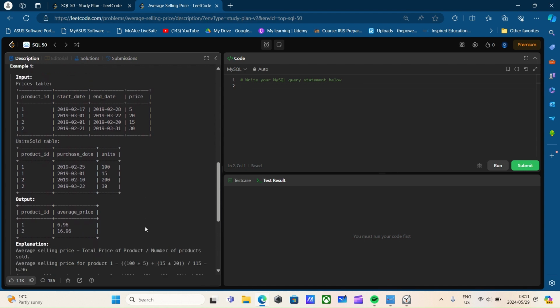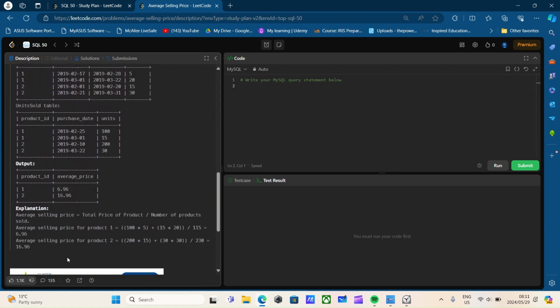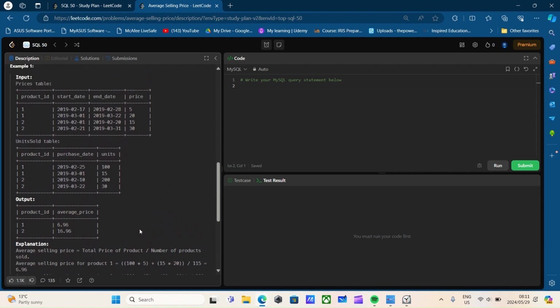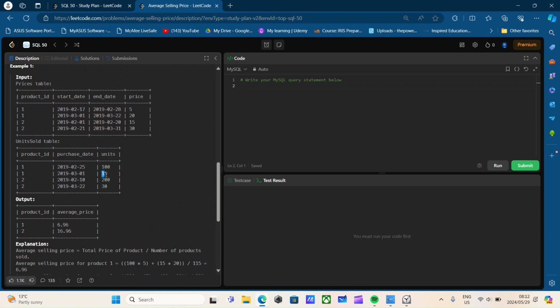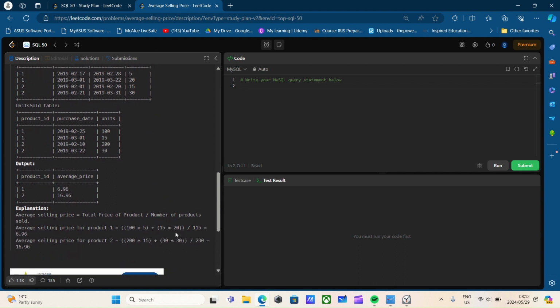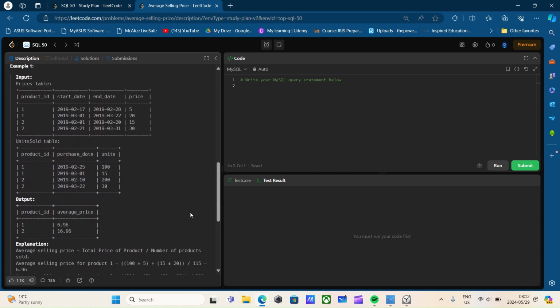Alright, let's see. So we have an explanation that says average selling price of product 1 is 100 times 5, which is, let's see, here we go, 100. So product 1, 100, which would have been for the price 5, plus 15 times 20 makes sense, and then divided by 115, because 115 is the total products, and you will get 6.96. Okay, so